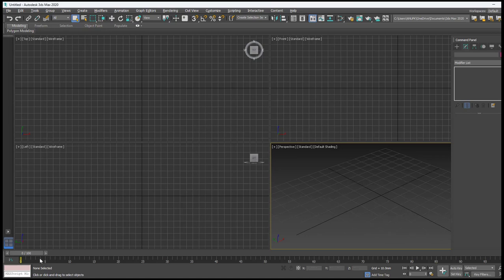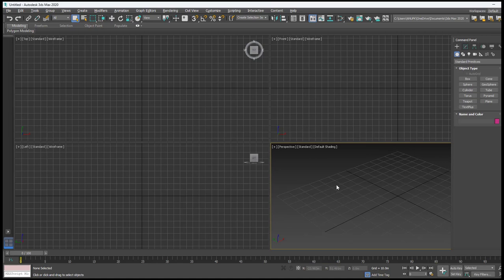Below the viewport, you can see the timeline where you can set the time for the animation. And here we have the axis, X value, Y value and Z value. Once you draw, you will get the values related to that object. And here we can play the animation. So this is the introduction to your UI.